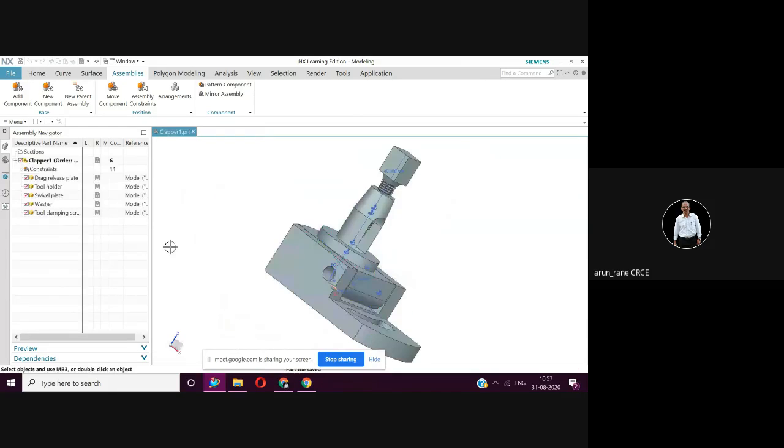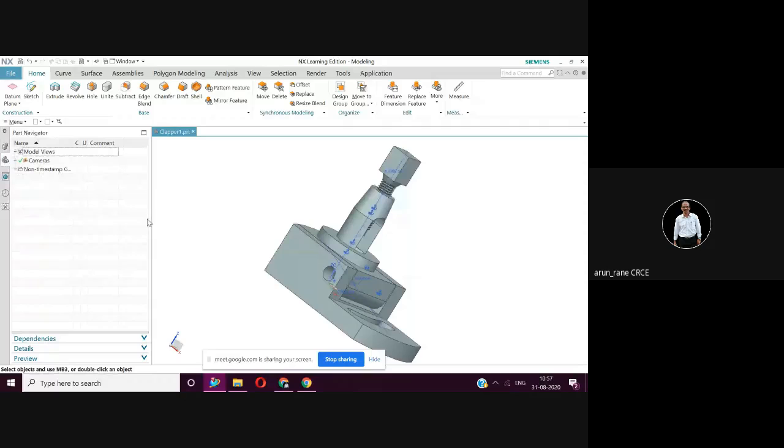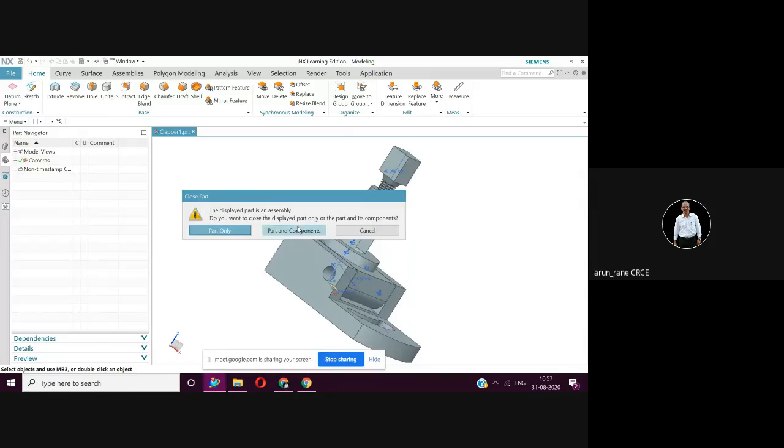Say no. Let me go to modeling now. Let me go to modeling. So as application in modeling, in part navigator, assembly navigator. This is part navigator. Let me close this flap over part and components.